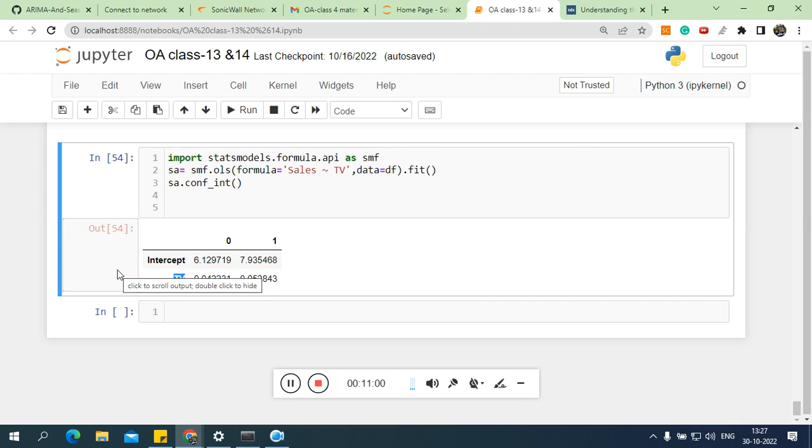One more minute. This is not proper. Actually, one more library is there: the LM summary. Okay, I'm sorry. If I write the summary, then you will get